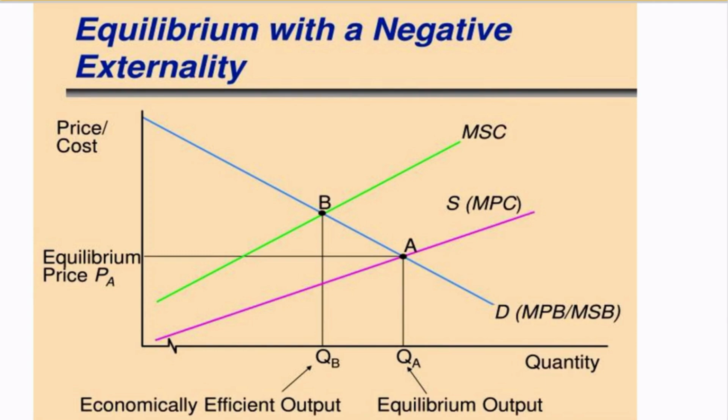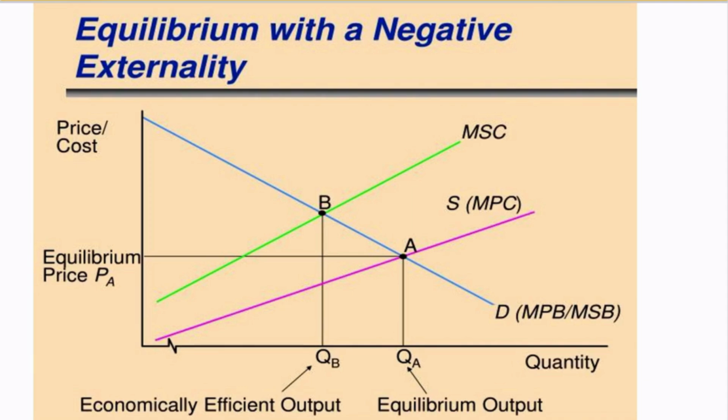The red curve would show you the production or supply at the private cost, and the green curve would show you the supply at the social cost, right? So the marginal social curve is above the marginal private curve. So now, when you account for the negative externality, and if you want to have an efficient outcome, now efficient